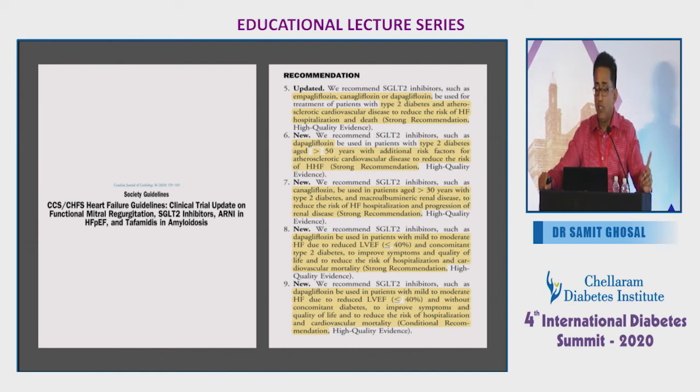DAPA can be used in mild to moderate heart failure with reduced ejection fraction, left ventricular ejection fraction less than or equal to 40, which is called HFrEF, for progression or for risk of hospitalization and cardiovascular mortality. And also it can be used in non-diabetic heart failure patients with an ejection fraction less than 40 to improve symptoms, quality of life, and reduce the risk of hospitalization for heart failure and cardiovascular death. Be a little bit cautious of the last recommendation. That's a conditional recommendation, because the label update is yet to come. But most probably we might see the first molecule from our area entering into the non-diabetic heart failure stage with the help of dapagliflozin. So these are the latest recommendations.